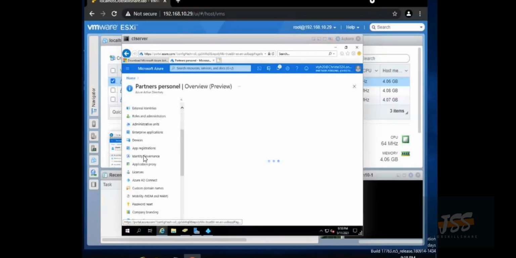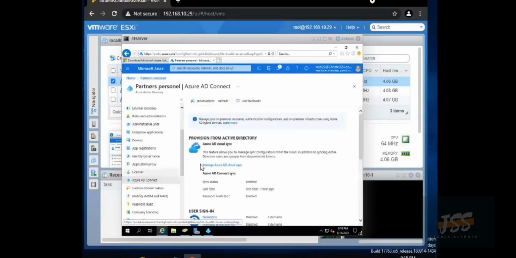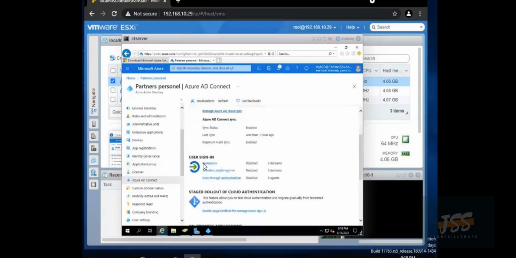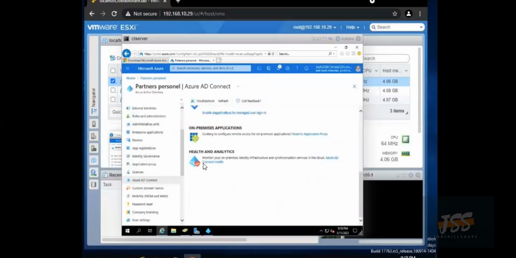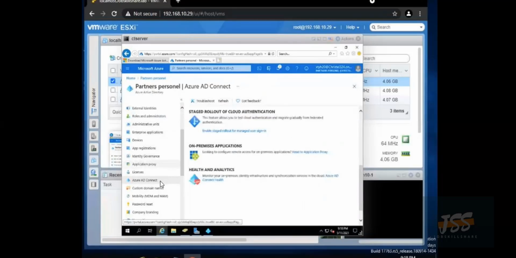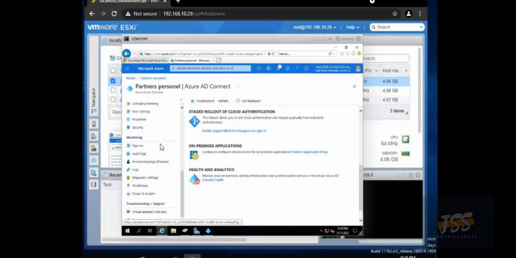to the portal.office.com and we can log in with our Office 365 address. And if you go to the admin center,